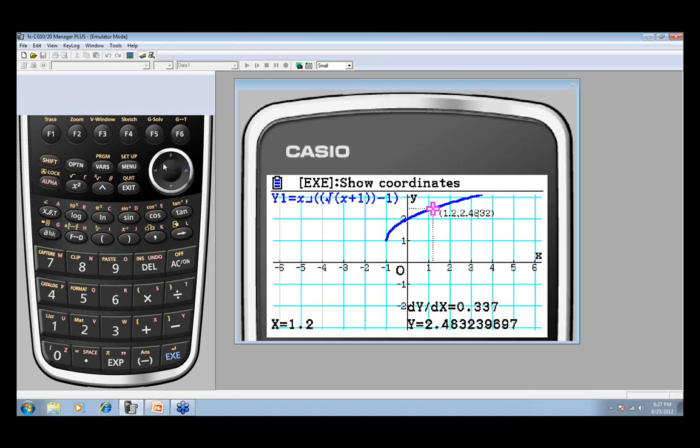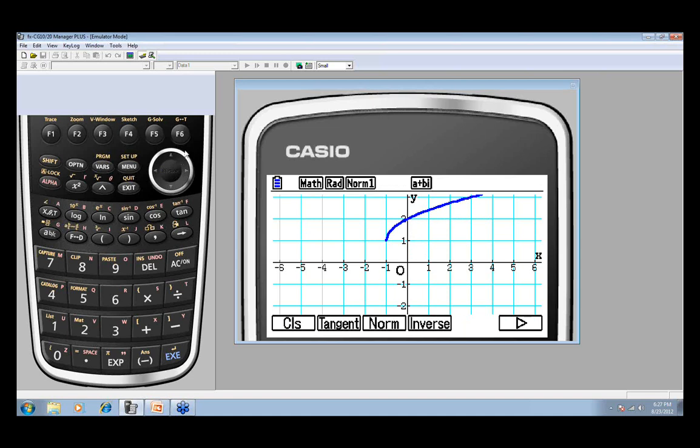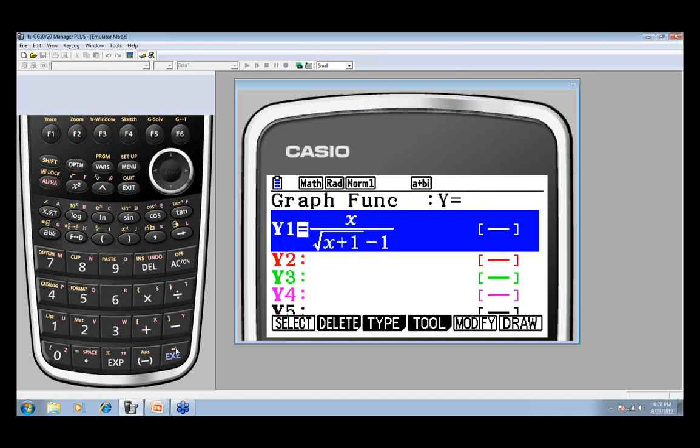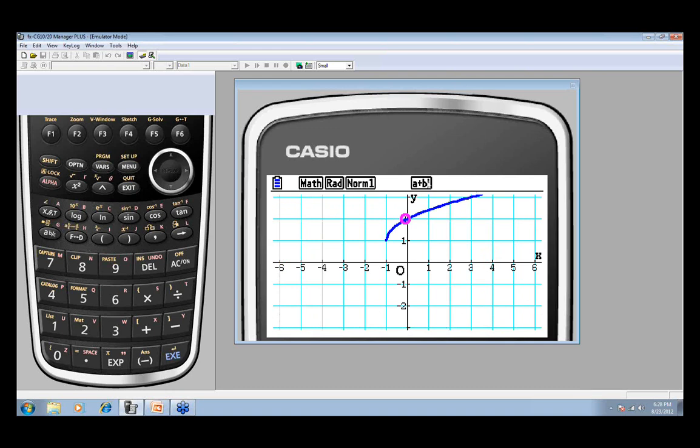What we can do to make students really understand that there's a point missing, maybe if you're making a test and you want to use your emulator software to create a test, or you want to just help students really see what's going on. Under Sketch, under F4, we can go over to where it says Circle, and we're going to carry this arrow up here to where we would like a little bitty circle. I'm going to toggle it just barely to the left and press Execute, and then I'm going to toggle it to the right so that I can create a circle right there. Now when I press Exit and regraph it, that kind of helps me mark a point and know that right there is where I was really trying to notice that there was a point of discontinuity.